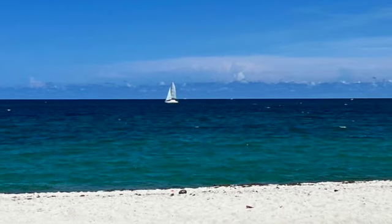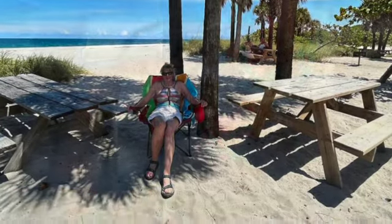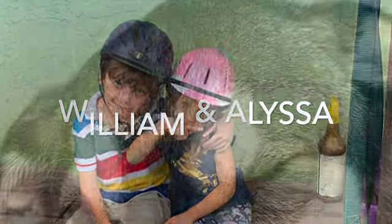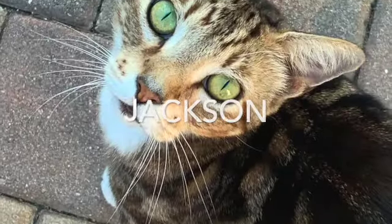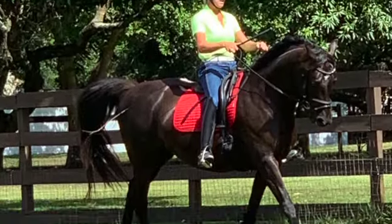I visited my dear friend Liz on her horse farm in Davie. Davie is near Fort Lauderdale, and we had a lot of fun hanging out with her family, her friends, her horses, her animals. These are her grandkids. This is her doggie Leo and kitty Jackson. Jackson is a Bengal. This is one of her horses that she boards, and this is her beautiful dressage horse